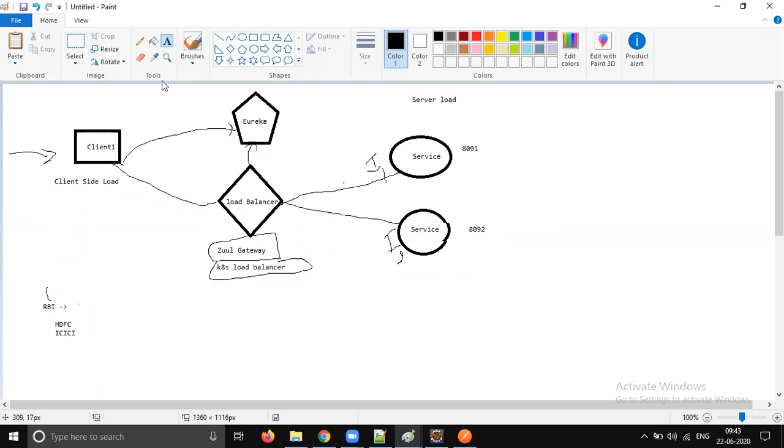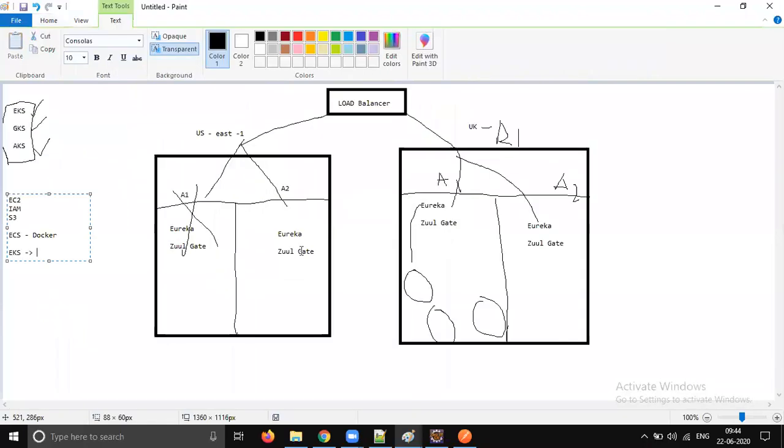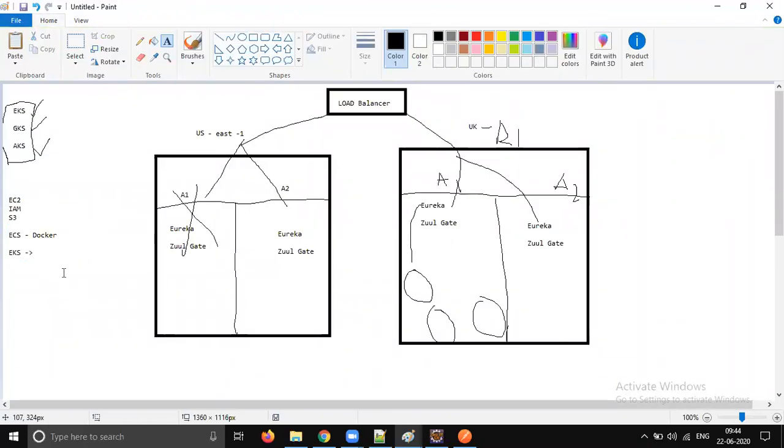So Zuul Gateway is one of the solutions. Maybe the world is using Zuul Gateway today. Maybe in the next few years things will change and people will be using K8s, right? Kubernetes load balancer. Now things are too complicated to play with in Kubernetes, but dedicated services are now available at each cloud level. That is going to be next in the next few years.